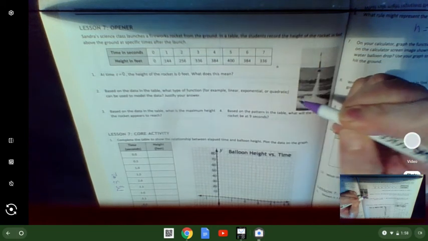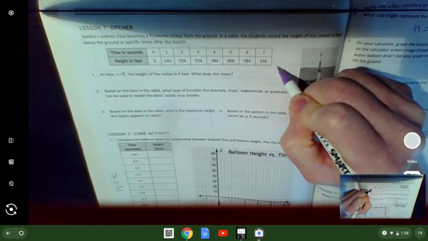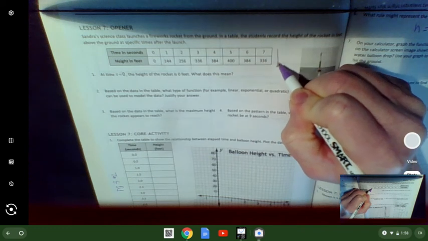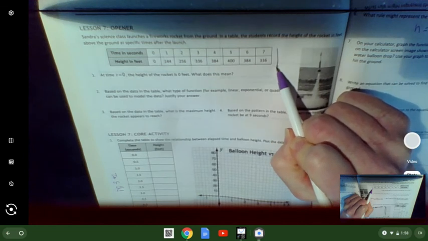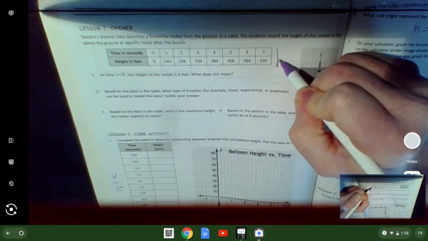So think about launching a firework rocket. I'm going to draw a picture. If I launch it, it's going to start on the ground. I'm going to launch it and it's going to go up. But I'm not going to just draw the picture like this, because that would be telling me that the rocket's going to go up and come back down without ever covering more distance. Instead, the rocket's going to most likely do something like this